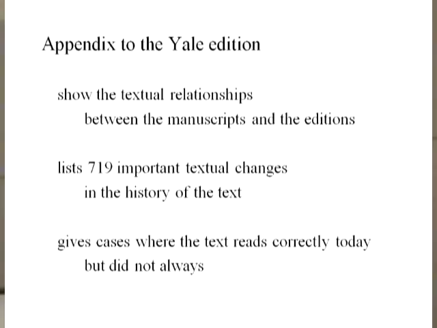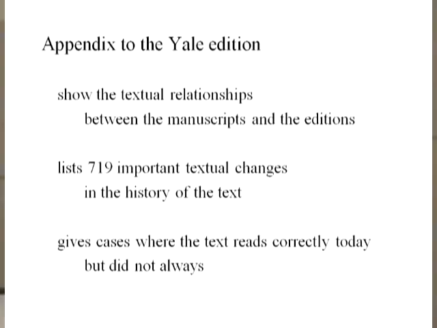In addition, in the Yale edition, there is an appendix that lists significant changes in the text. There are 719 of these, and they're at the end of the book. This is not a comparison between the current standard text and the Yale edition. Instead, it's a representation of important changes that have occurred in the history of the text. In many instances, the Yale edition agrees with the standard text, so it's not really intended to be a listing